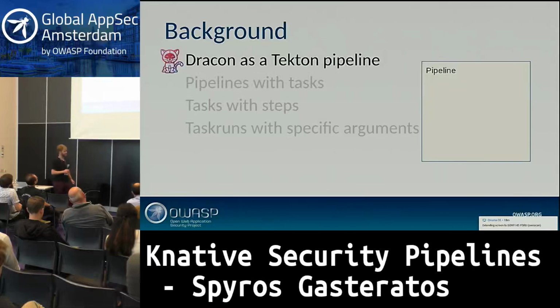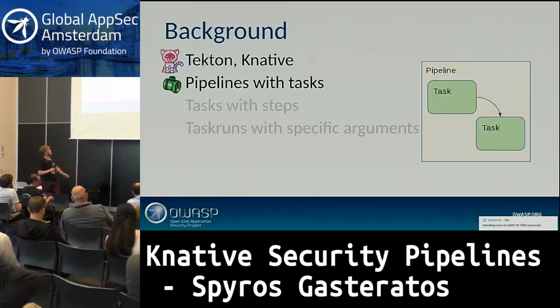So you go for this. Sure. So Dracon is a Tekton pipeline. To explain a little bit about what Tekton is, as a project or a library, if you like, an upstream resource that we use, it has a pipeline concept. And in each pipeline, there's a set of tasks, where one task will feed into another task.